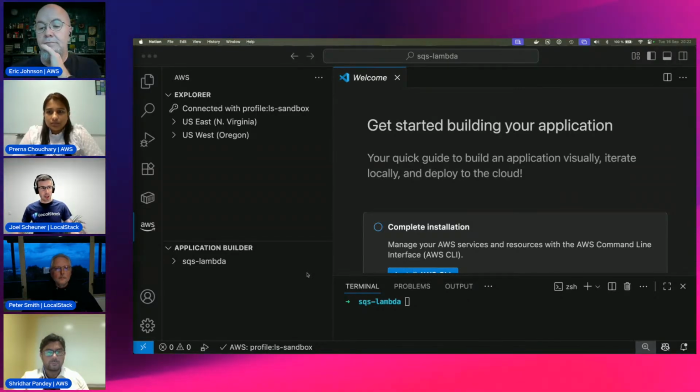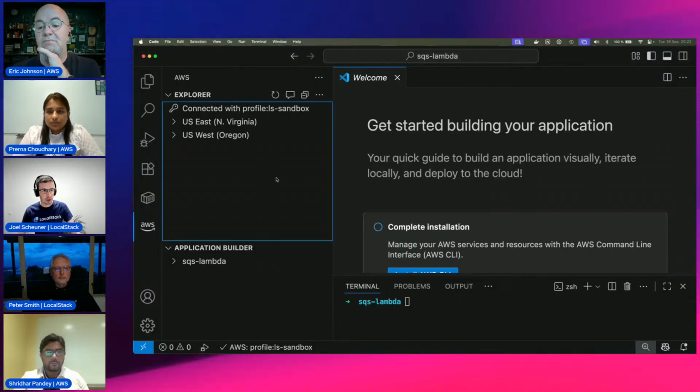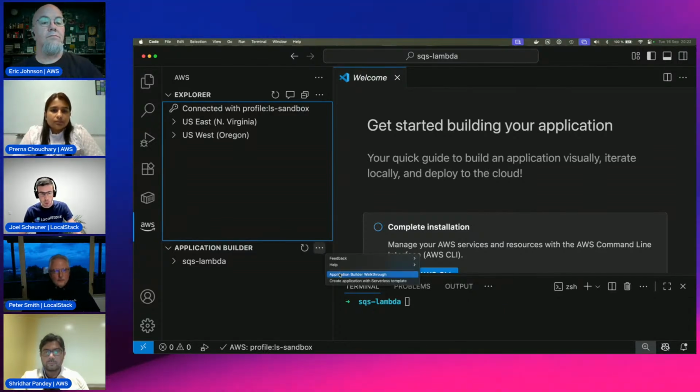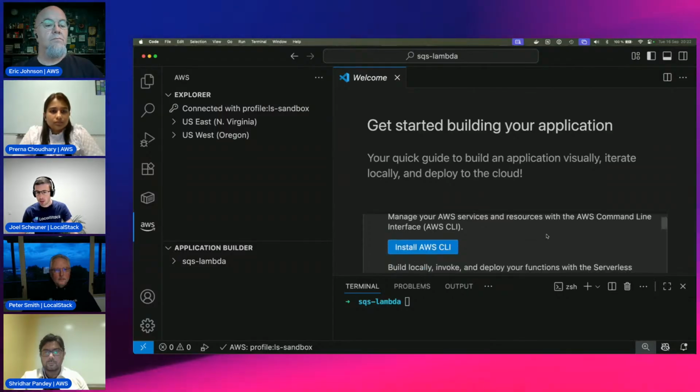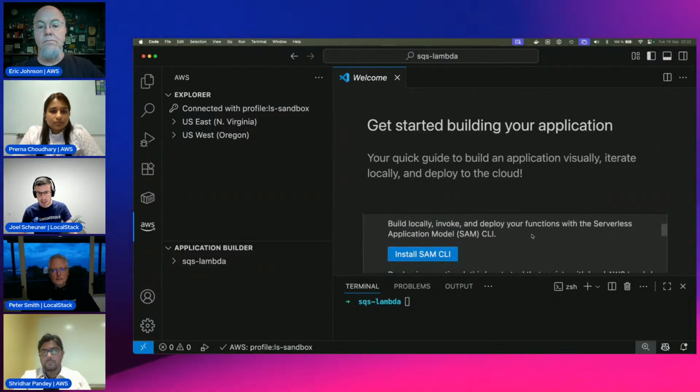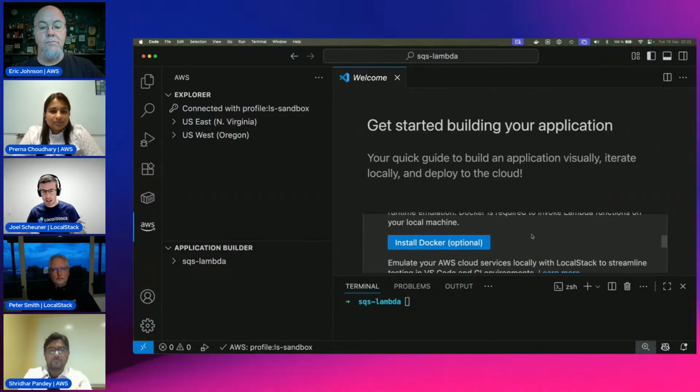Awesome. So here we are in a Visual Studio Code instance. I have installed the latest version of the AWS Toolkit, launched last week. And we have the Application Builder walkthrough open. You can reach that via these three dots, the Application Builder walkthrough. It will walk you through and automate your installation of the AWS CLI, AWS SAM CLI, and